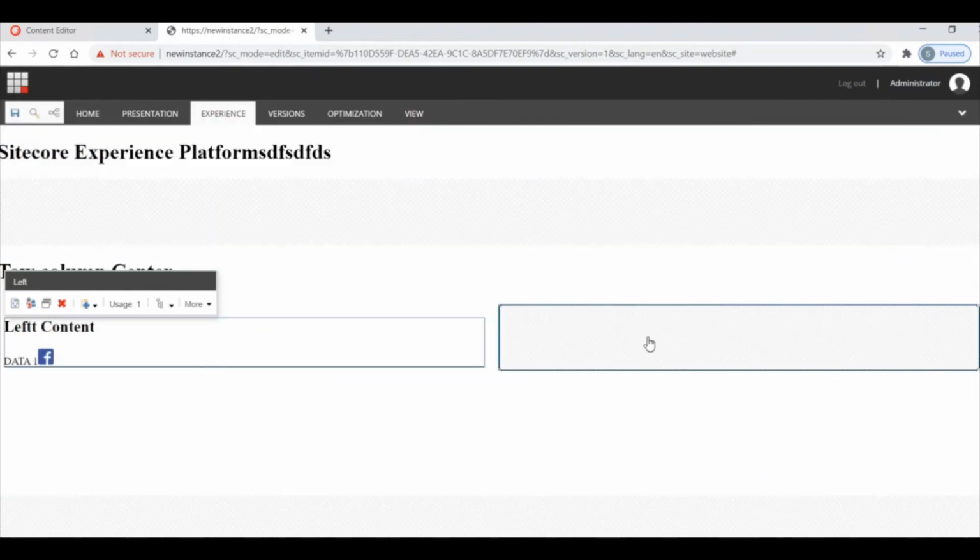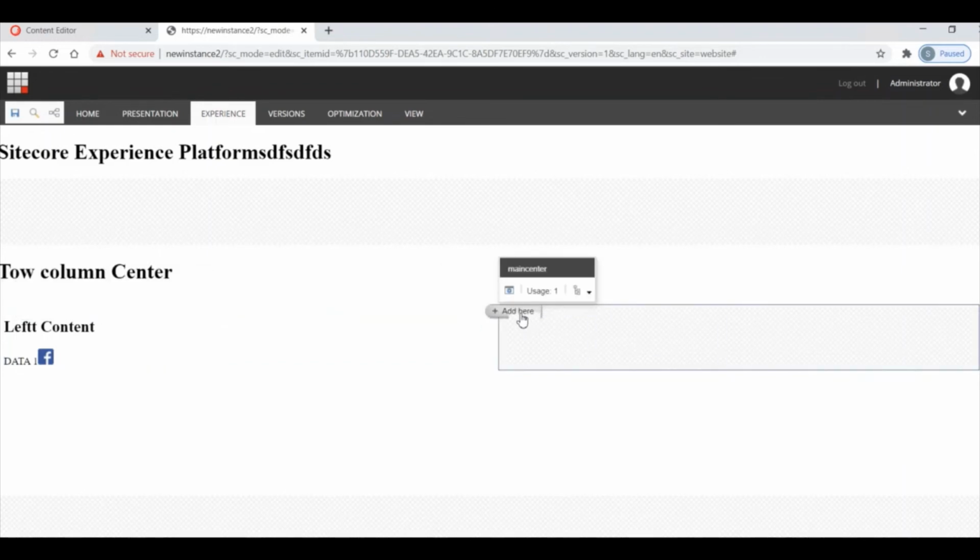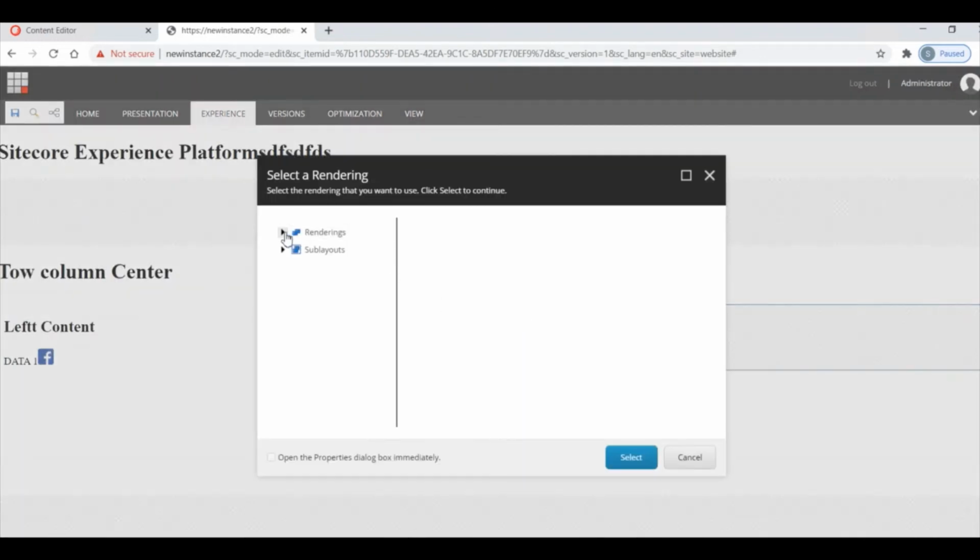And in the right column I add the right rendering.